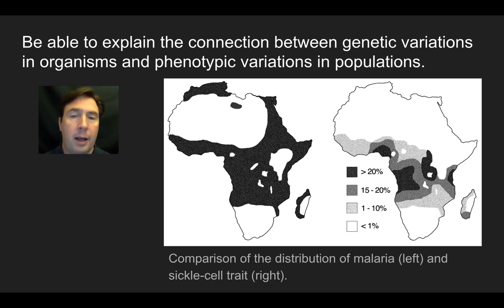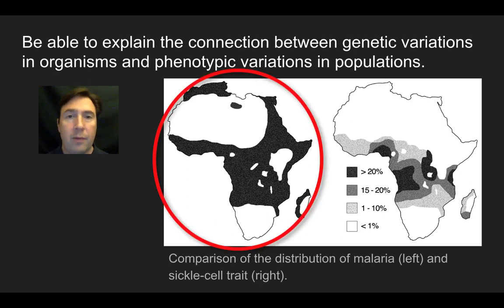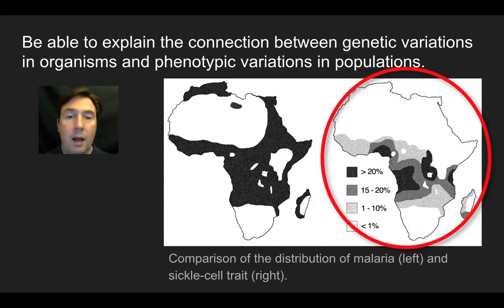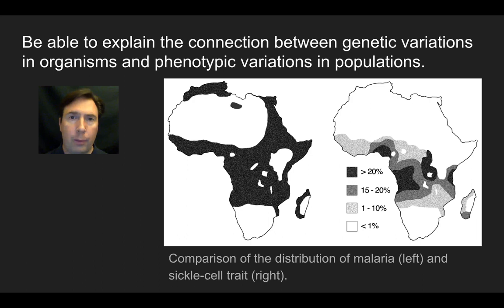So now let's explain this connection between the genetic variation we saw in those organisms and phenotypic variations in the population. Here's a classic diagram where we can compare the distribution of malaria over here on the left to the phenotypic frequencies of what is known as sickle cell trait. Hopefully you immediately look and say, wow, there seems to be a pretty strong correlation. Now, obviously not everywhere that we see malaria are we seeing the sickle cell properties, but there's a commonality in the pattern that we're seeing in these two areas,